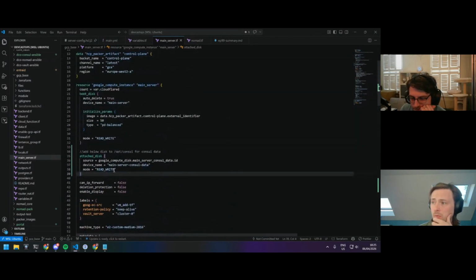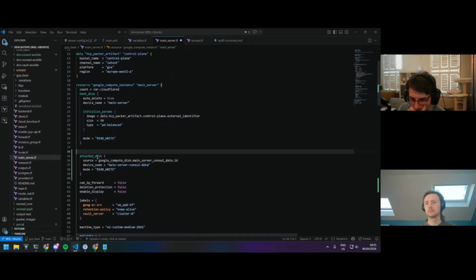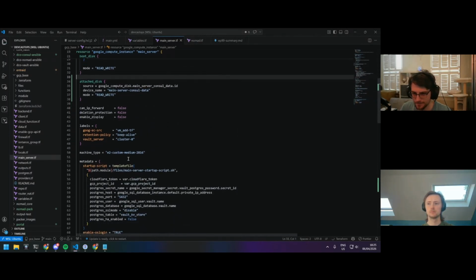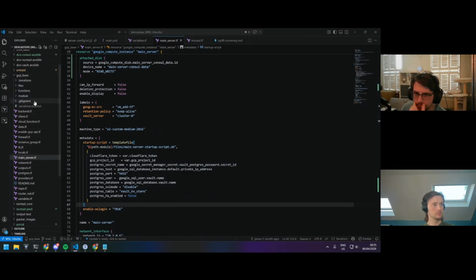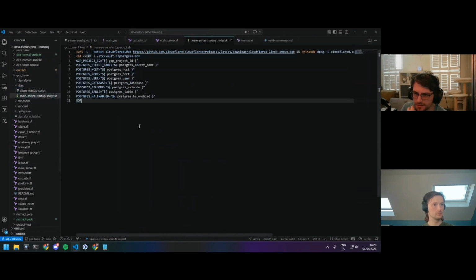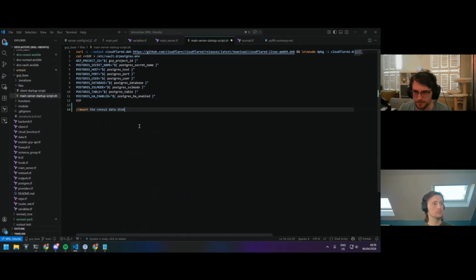No, we'll have to run the mount as a cloud init probably, which we've got this nice start script. Files, main server start script. Mounts the